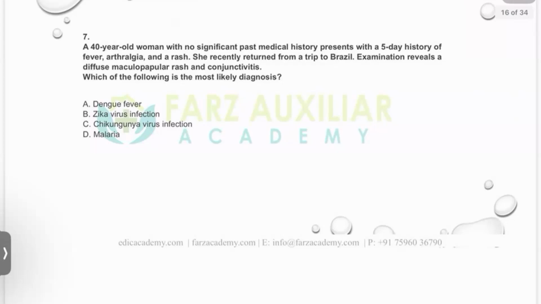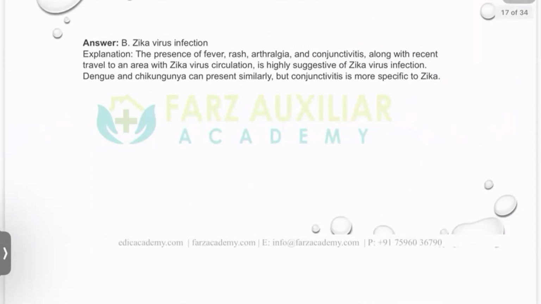So we have a 5-day history of fever, arthralgia, and a rash. Looks like a viral disease. Zika virus. Yeah, it is Zika virus. Very good. So the presence of fever, rash, arthralgia, conjunctivitis, and travel to an area with Zika virus circulation